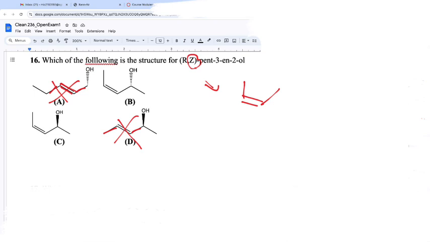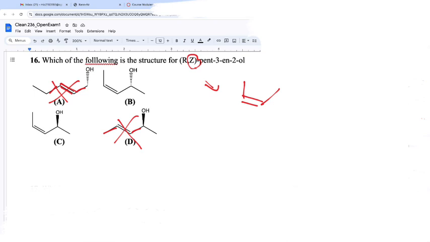Where would I go after that? Actually, does everybody understand why I went to the Z or E analysis first? That's still planar. That's not three-dimensional. That's just where those groups are relative to the double bond. So as an approach for me, that's pretty lightning fast solving-wise. You may see things otherwise, and I see exactly what you're doing. Admittedly, I would probably not deal with the R and S first, hoping that I could get out of the question without doing it. A real quick look at my answer choices, though, I'm not even going to bother to skip it because that's what the question is going to ask.